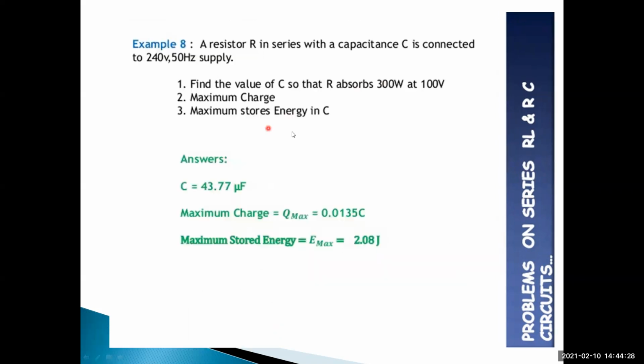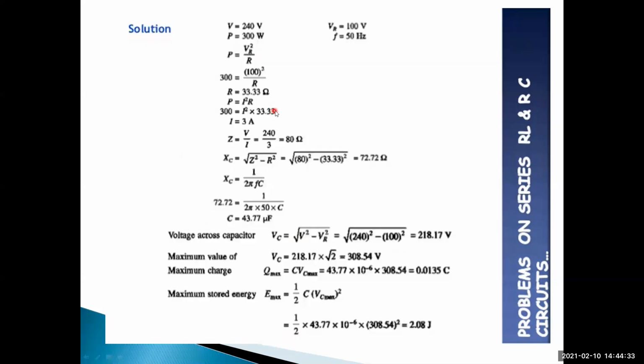By using this relation, resistor R is connected in series with the capacitor. That means R and C are connected in series. In a series circuit, the voltage divides and the current is constant. Whatever current we get across the resistor is the same as the supply current. So the current is constant, equal to 3 amps.